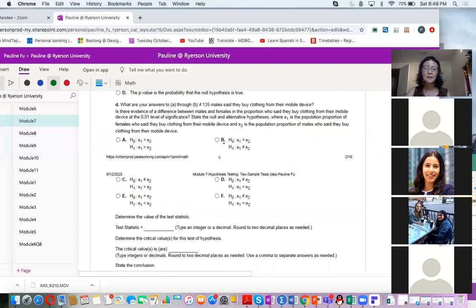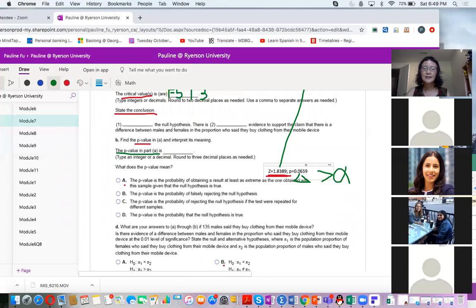Okay, so see, p-value greater than alpha. When p-value greater than alpha, do not reject H0. Okay, so it is A, B, C, D. In this case, you should select the p-value is, oh, this is not asking that, this asks you to interpret